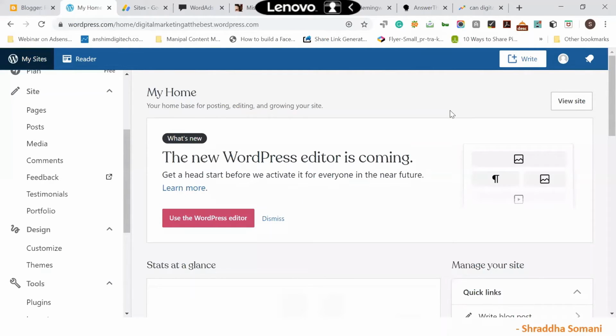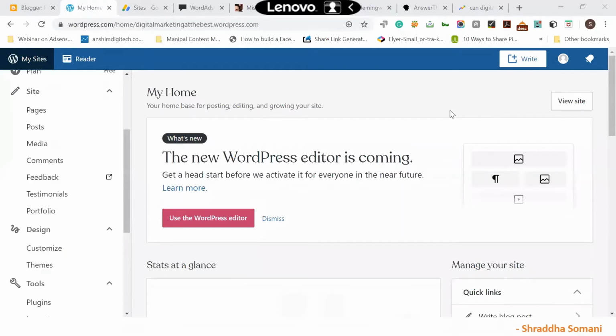Say for example, you have taken a nice image, a Google Analytics image, or any other images that you are taking from third party sites, then you have to mention the credit for that, right? Okay, so I hope that I have cleared your doubt. Anyone having any doubt with this,